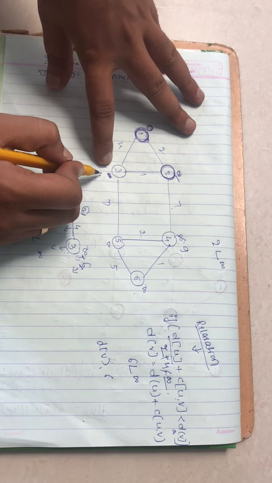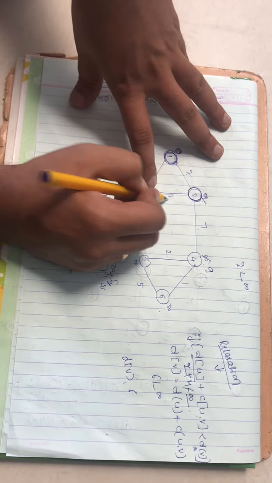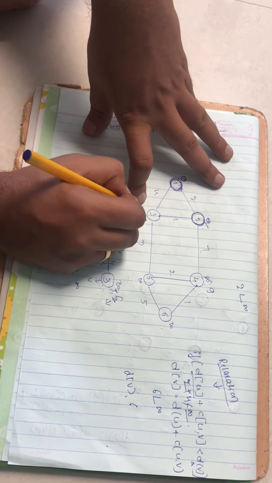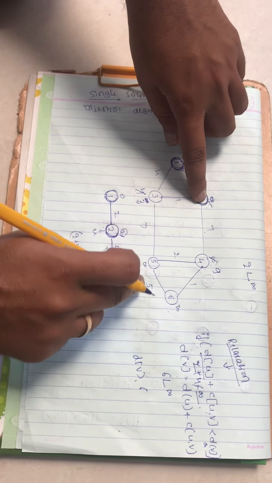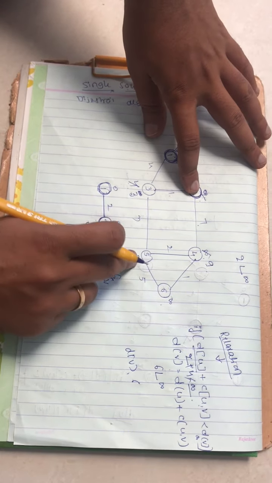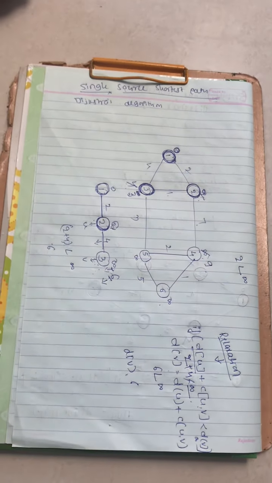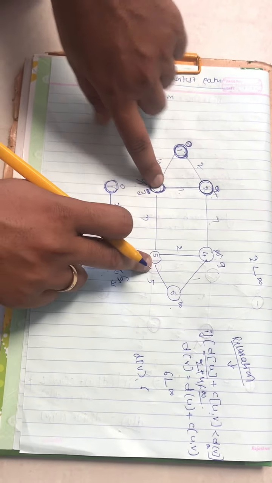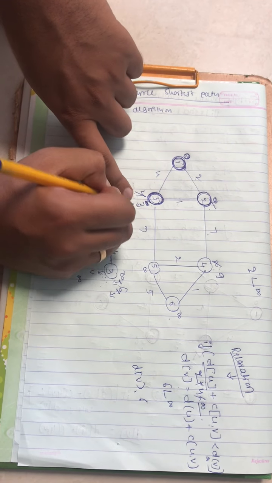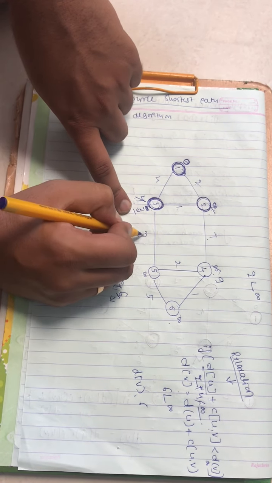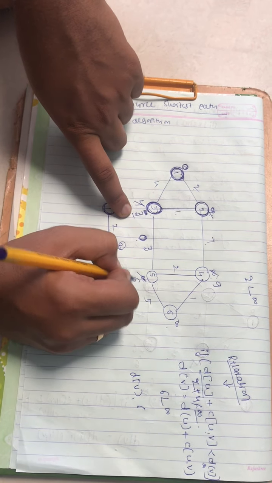2 is directly connected to 3. Its vertex value is 2. 2 plus 1 is 3. 4 is greater than 3, so we'll set it to 3. Among 3, 9, 5 and infinity, 3 is the minimum. Now we'll select 3 as the next vertex. 3 is directly connected to 5 and to 2, which is already visited. The value of 3 is 3, and 3 plus 3 will be 6. It will be set to 6.